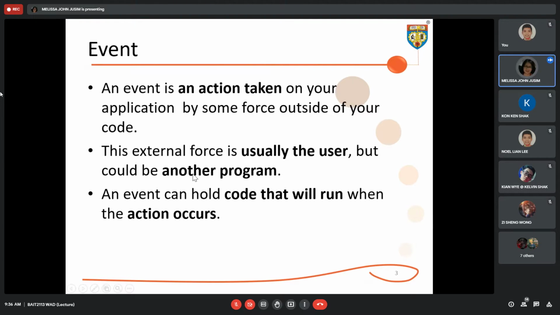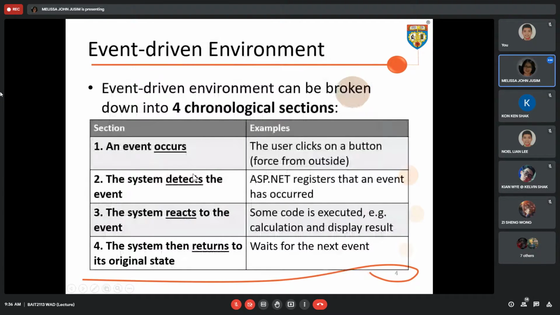Next, we saw this in the past year question just now. Describe the event-driven environment. Basically, in this environment, we have four chronological sections. Chronological means it must be in the correct order. The first section is where the event occurs.